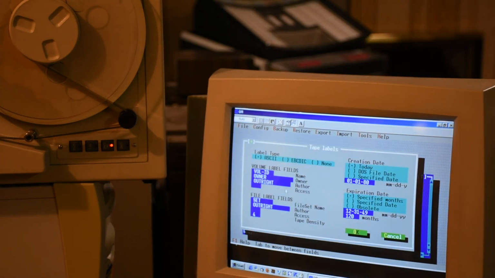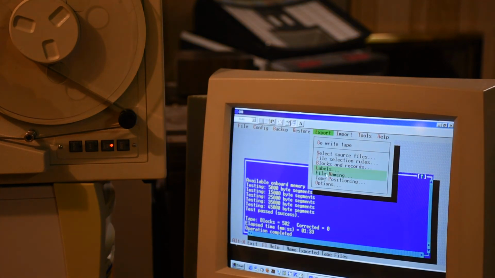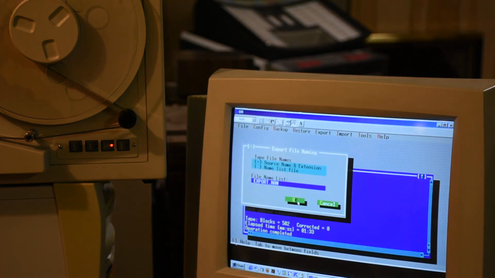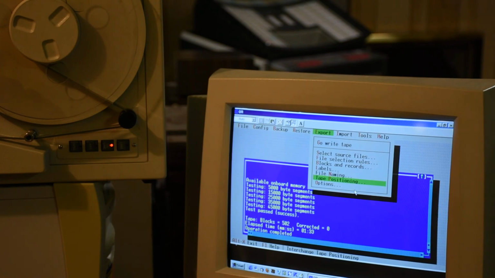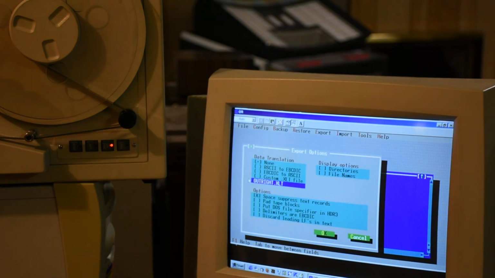Labels, the volume label of the tape, the date stamps, the file name, and what you want to do with the tape position when you start. Do you want to append the data? So that would mean it would advance the tape to the last file mark or the end of file mark, erase it, and then append the data and then add new end of file marks. Or it would rewind the tape and overwrite it for backup purposes. So there's various things that you can do. And then you have options, ASCII to EBCDIC conversions,